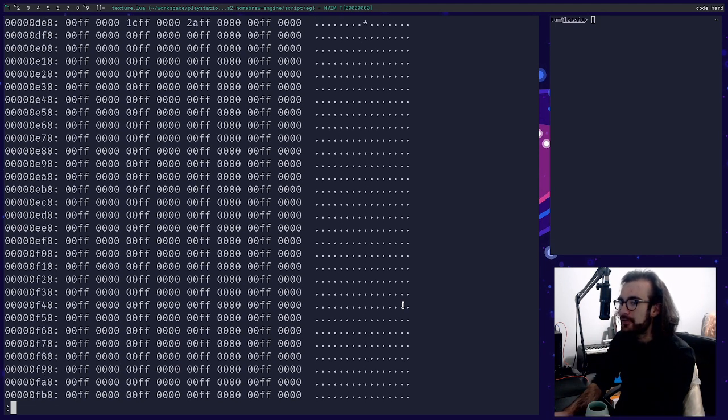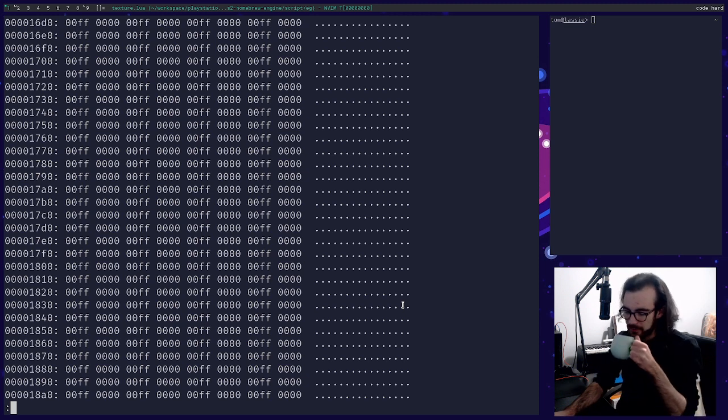I would expect every alpha value here to be hex 80, right? Every single one. Or hex 7f, because C should round down.